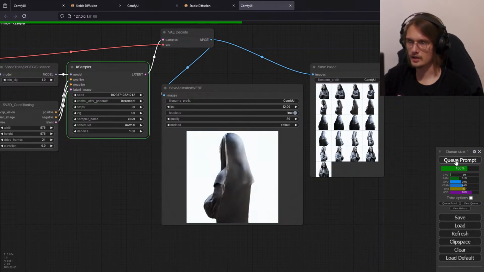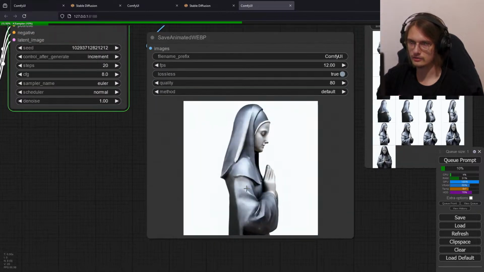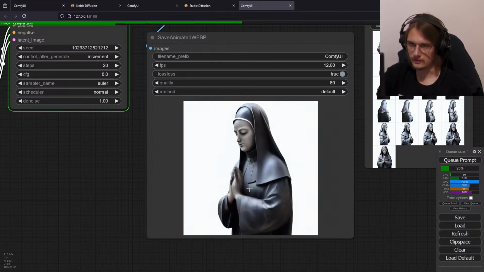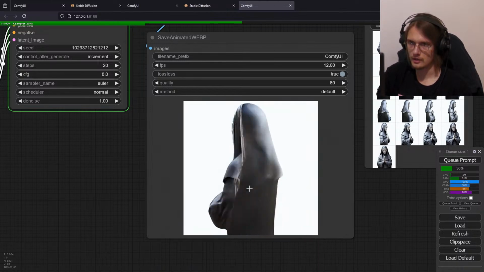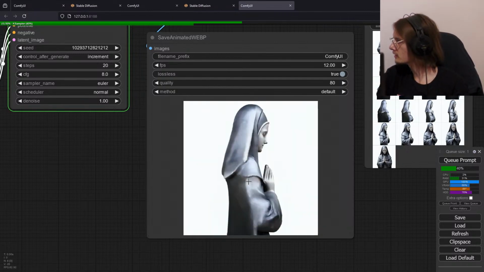Let me cue this again one more time because I feel like it's really making her back too flat. Maybe I could fix that though. Like if I just really slowed down that animation, it could be